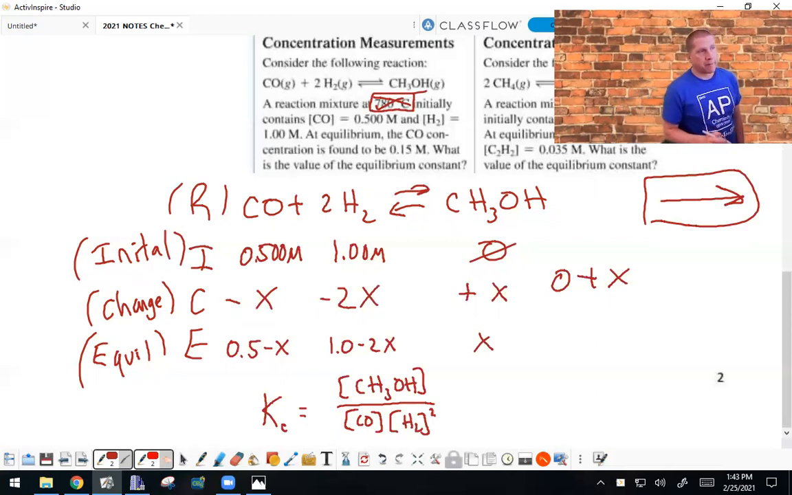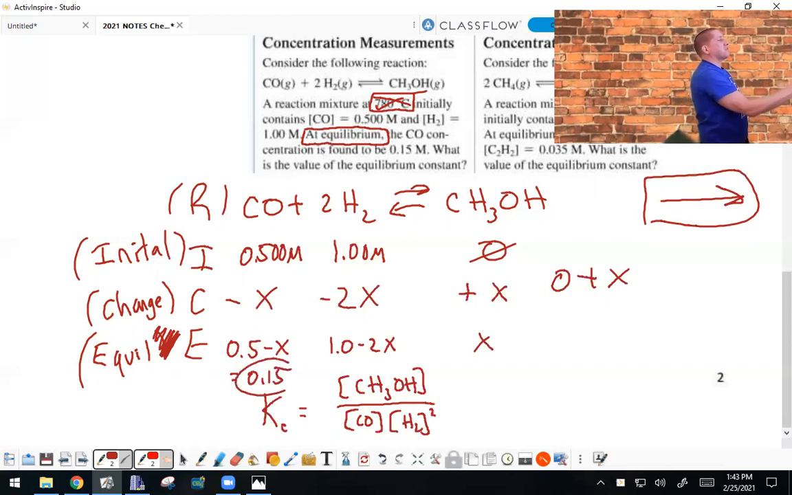So that's why I say get in the habit now. All right, so now where we go from there is going to vary depending on what we're given. So the additional piece of information we're given. So we have the initial. It says at equilibrium. So now we're at this stage, the equilibrium stage. The CO concentration equals